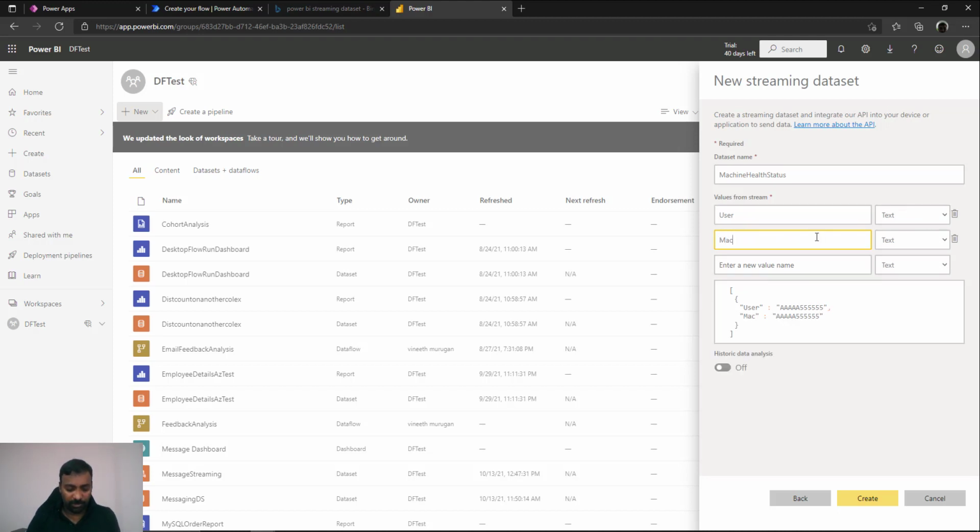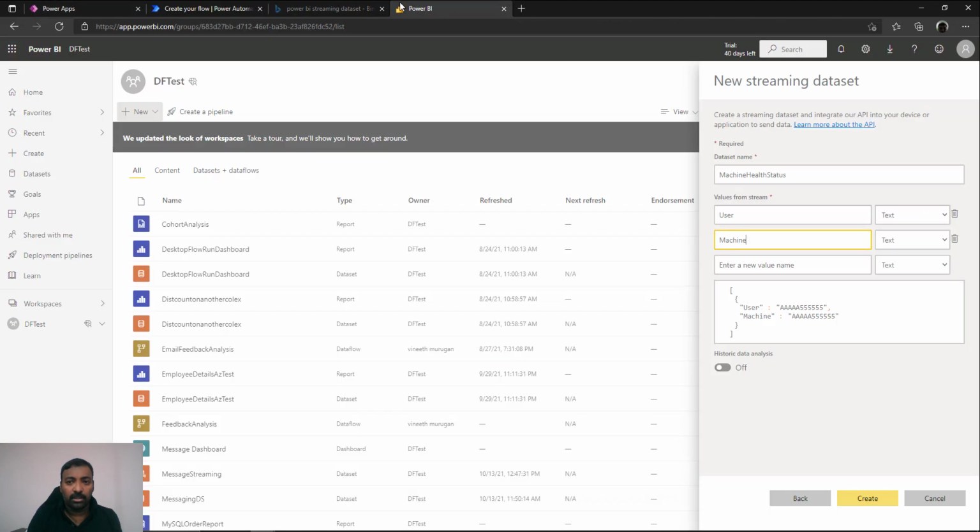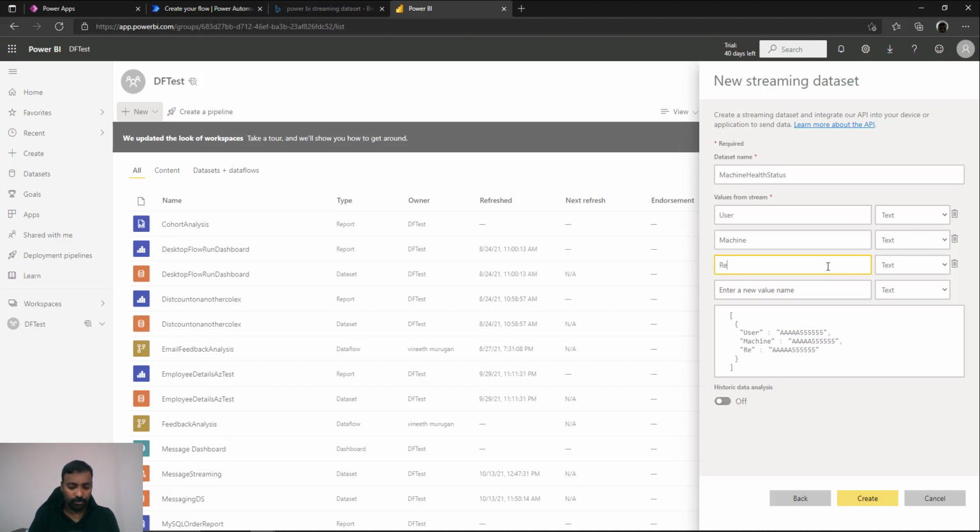Then the next one would be machine name, which will be also of type text. So you can put the same names that you have set here. So if it's called a machine, you can actually make it machine, or if it's called a machine name, you can make it machine name. And then finally the third one would be the temperature. And this will be number.